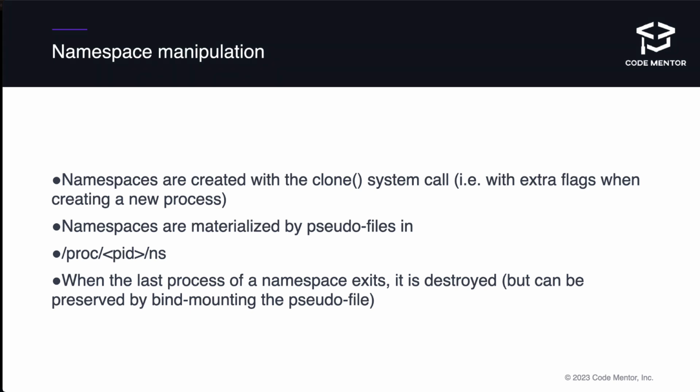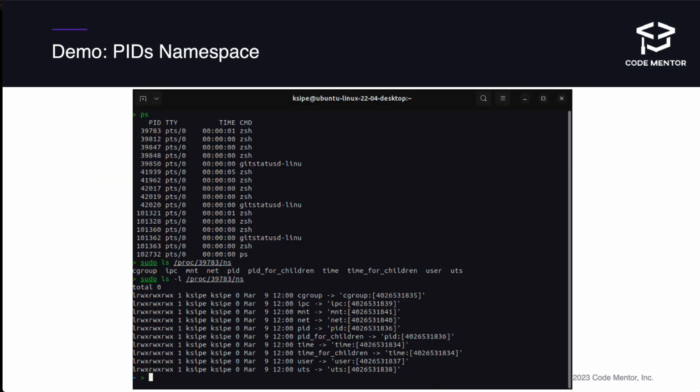So I could go into /proc, whatever the PID is, and then /ns, and I can see what namespaces are defined for any process. So if you see here, I have just a PID that I pulled out, some random one, PID 39783. And I said, do an ls on that. And you'll see that I have in that directory a number of folders that help identify in detail what is